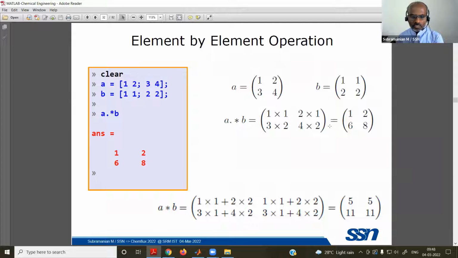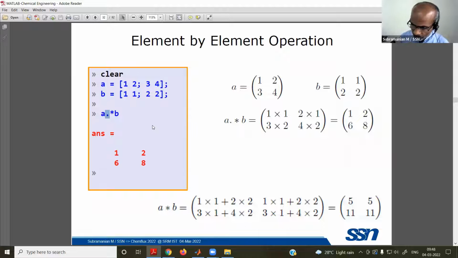To do that, you need to prefix this operator with a dot. The operation is multiplication. If you simply do A star B, you will get matrix multiplication, which is supposed to be this result. Whereas suppose we are looking for element by element operation, we need to make use of this dot.